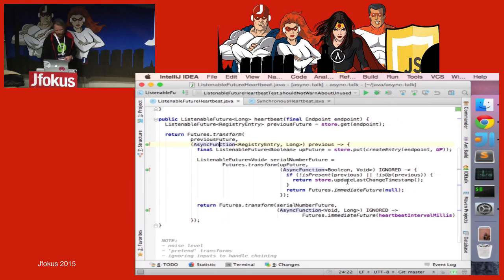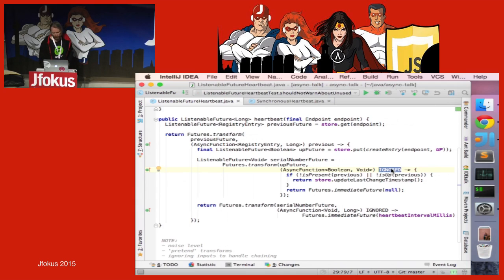Another thing to note is that I've created two inputs to functions that I gave the same name, ignored, just to highlight the fact that these are actually not used. The only reason we have to send them into a function is so that we can get that thing to happen after the previous thing. So